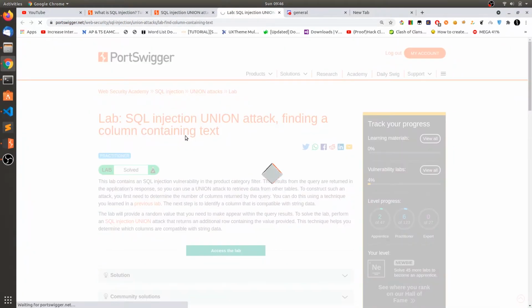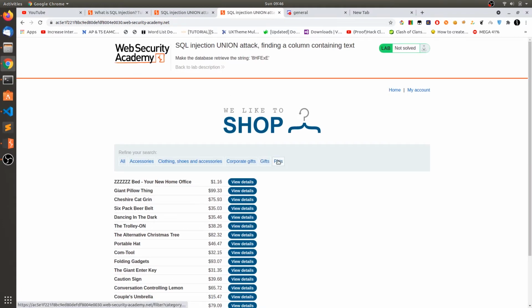So let's access the lab. Let's click on category pets.